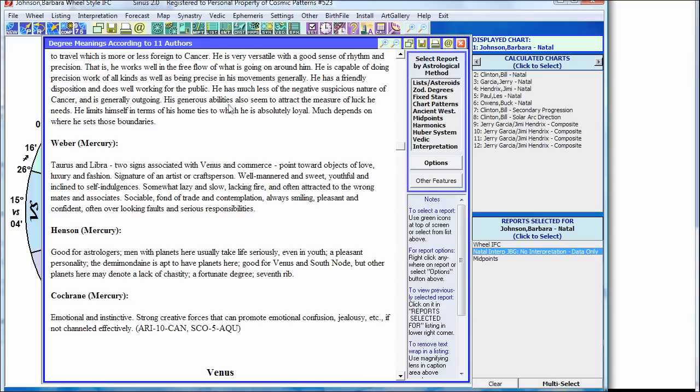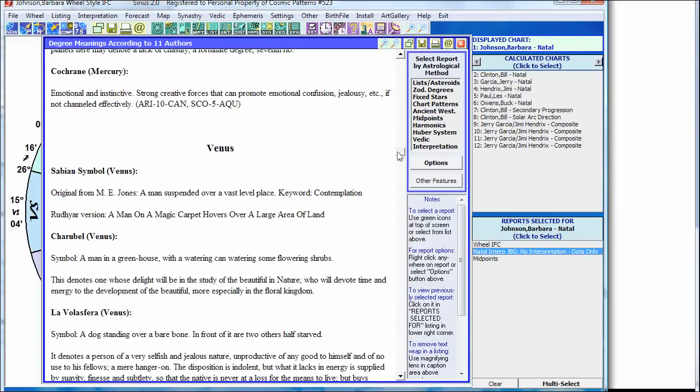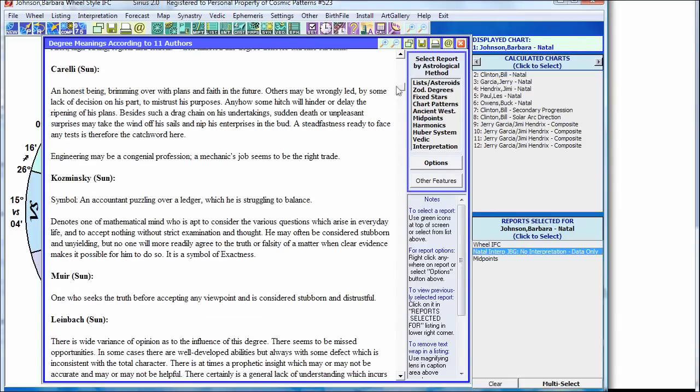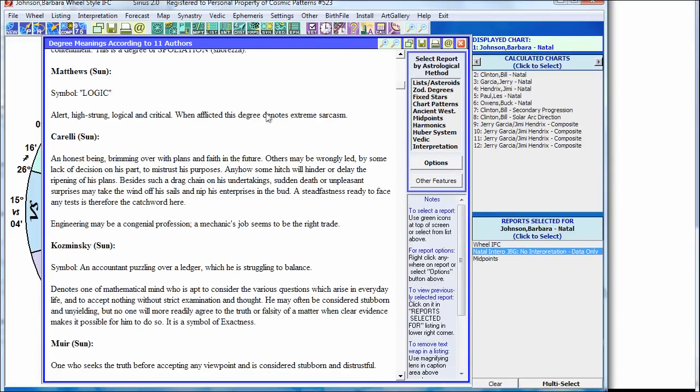So it's not just calculations. It's not just a huge number of interpretations that are also included in many languages, English, French, German, Spanish, but also reference materials. So you don't have to go running to books to see what different authors might say about degree meanings. So we're moving in a lot of different directions with the Sirius software to provide tools, visual tools, graphs, listings, reference materials in every area of astrology so that you can explore,